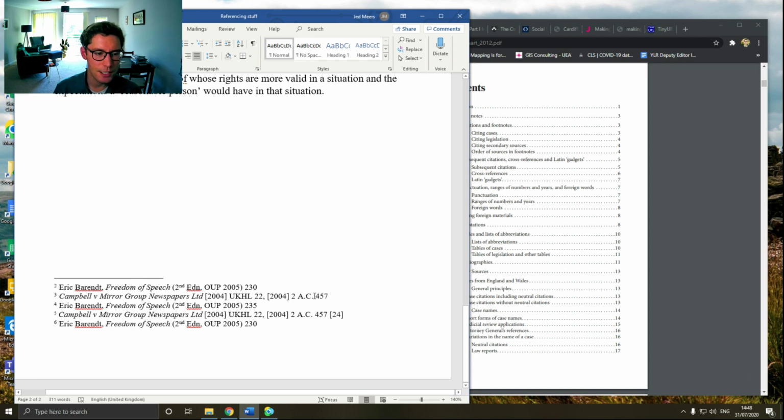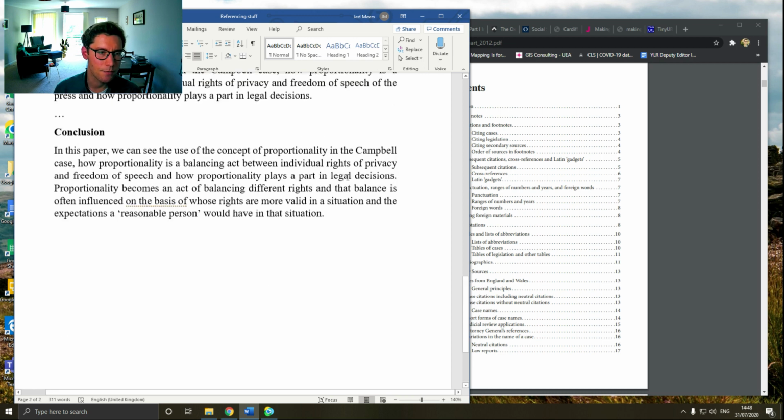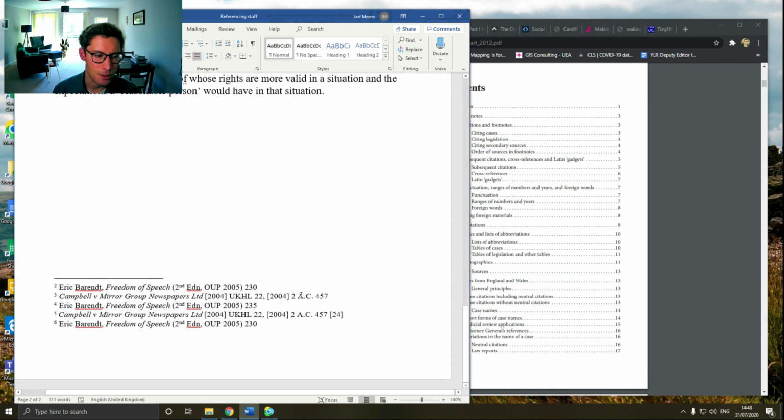So here you can see we've got somebody citing this freedom of speech textbook, and then we've got the Campbell case for that Naomi Campbell. So it's notionally an assessment about freedom of speech. Now, even though the references for these are fine, so we've got the book cited accurately, we've got the case cited accurately as well, they could do a lot more to save repasting these footnotes, repasting the references in full throughout the footnotes. And what OSCOLA does for this is it provides you opportunities to do cross-referencing,